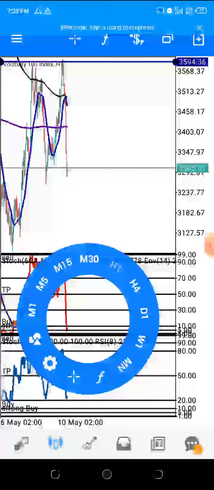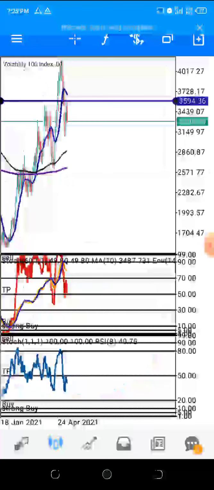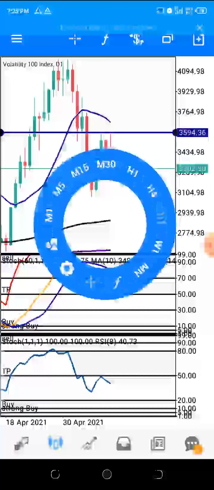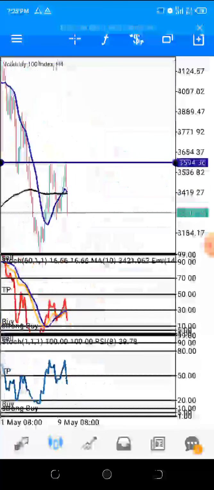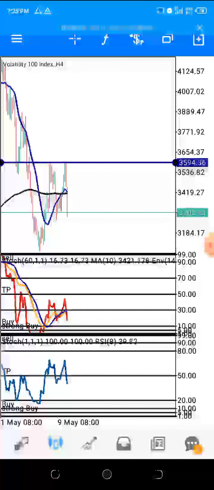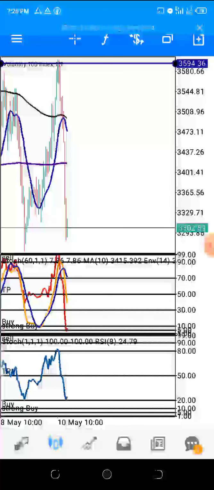Even when I confirm it from D1, this is the line I draw in the D1. I confirm here that this trade must go down, touching there, right? So these are my confirmations. You see, H4 is also giving us the signal. So you confirm from this H1, it must be touching at the 90 level, then the 80 level here, then pick that